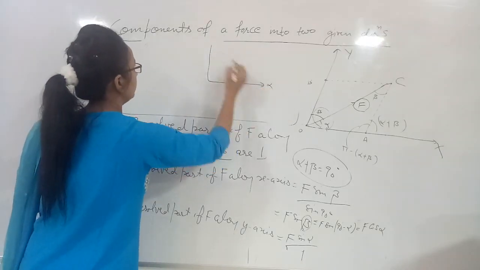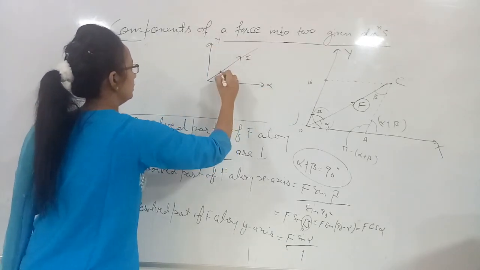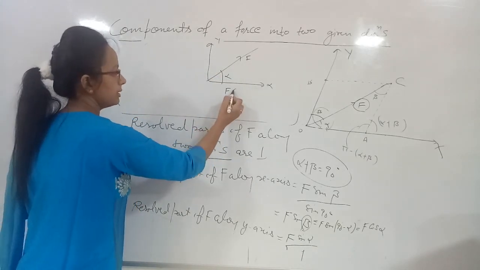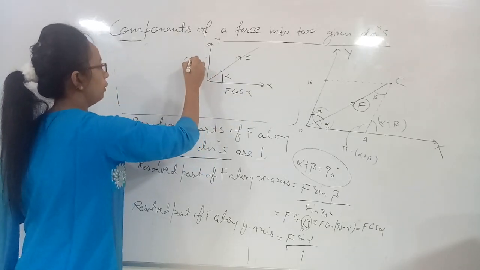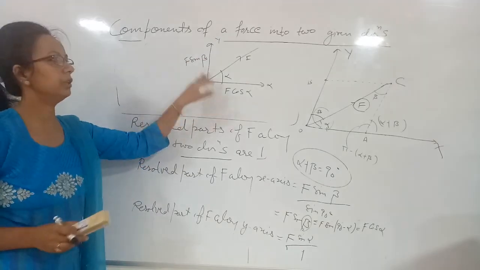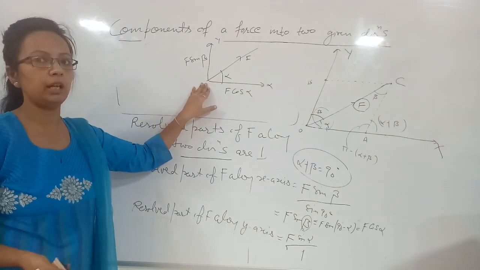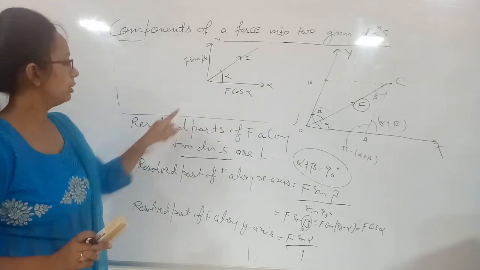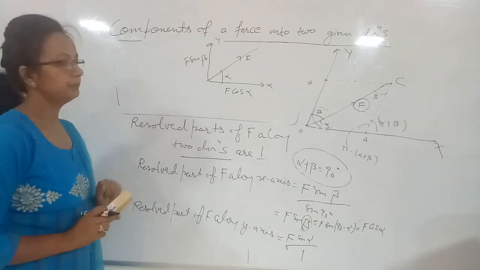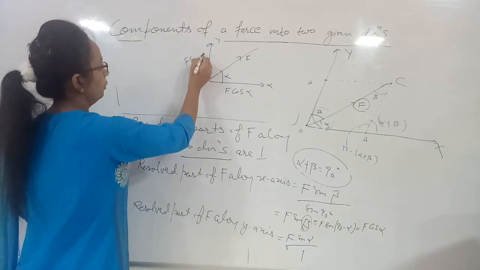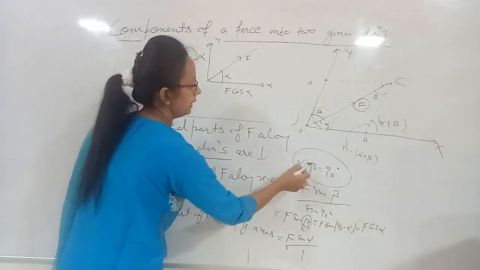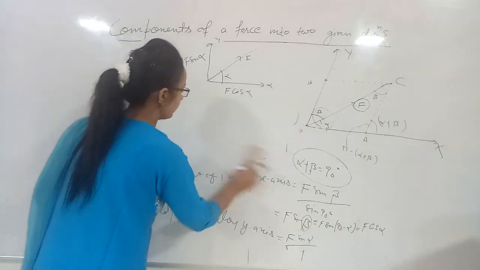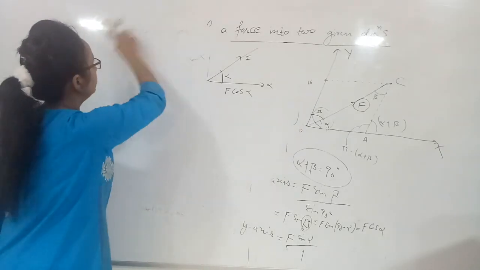For a force in two directions, if one angle is given, then its resolved part along the x-axis is F cos alpha, and here its resolved part will be F sine beta. This is a very important result. We have to use this result again and again, almost in all the examples. So you must remember these two resolved parts. I am saying only the resolved parts. Here we have alpha only, because we converted beta into alpha, 90 minus alpha. So F cos alpha and F sine alpha.